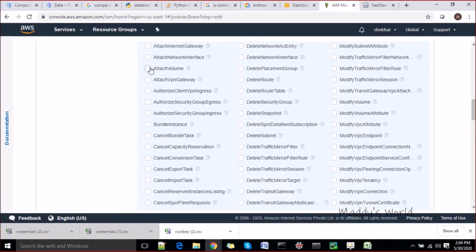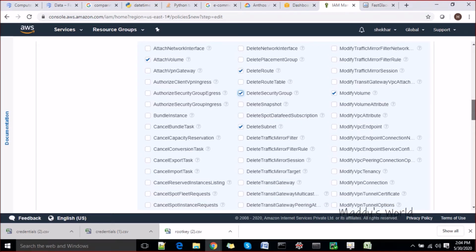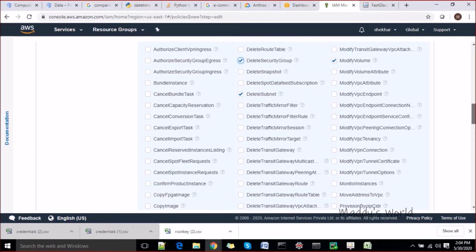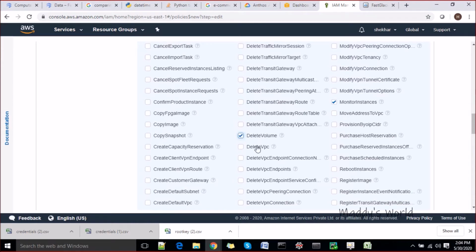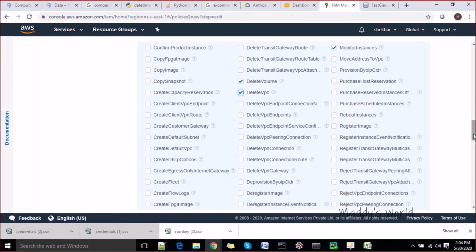Let's say you want them to attach the volumes, delete routes, delete subnets, you give them access, and modify volumes, delete security group, and monitor instance, delete volume, delete VPC, and you give them reboot instance,